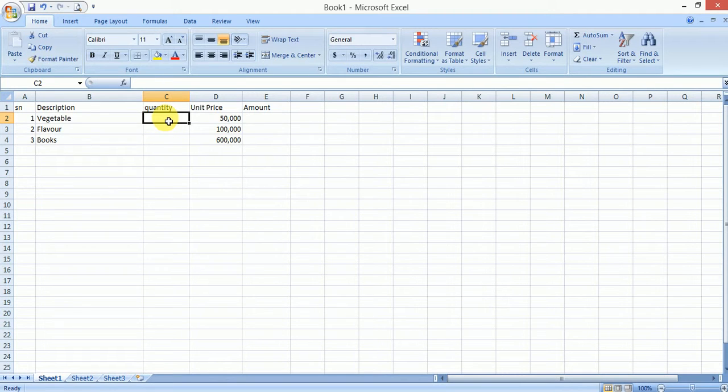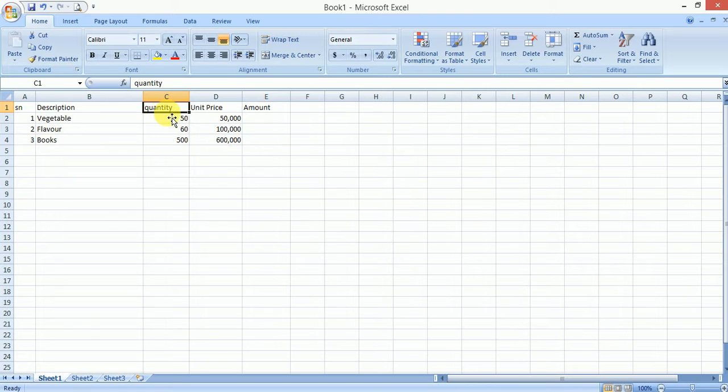Now let's say vegetable is 50, flavor is 60, our books is 500 copies. Now for the amount, we'll customize this spreadsheet such that whatever value you input in the quantity,